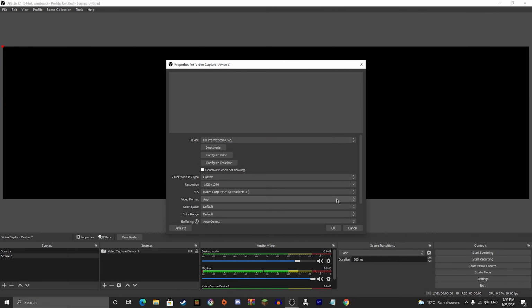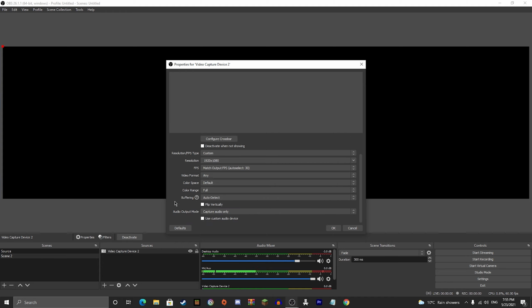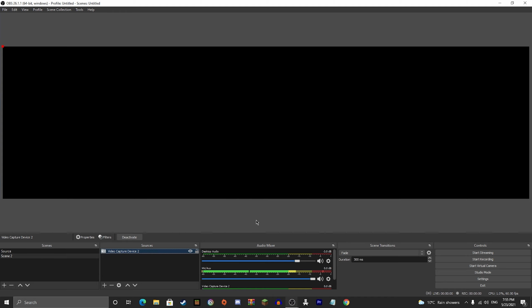Right, so you're going to want to go to video format. Don't worry about this actually. Keep it as any. Keep color space as default, color range as full. Come down here and hit OK. That should save all of your settings. And then what you want to do here,